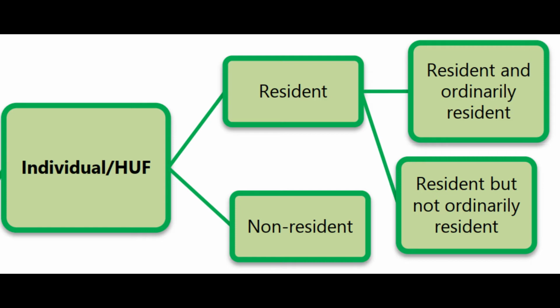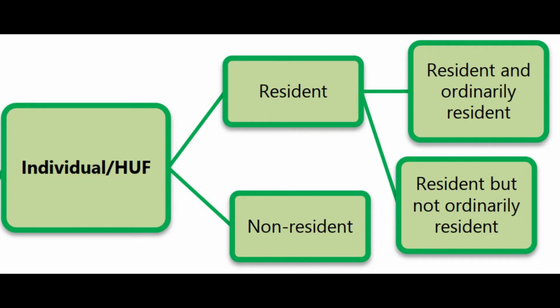Will there be any possibility of something else? Maybe individual, maybe resident, may not be resident. Like that, can we create any residential statuses? Not possible. There are only three residential statuses which are possible according to section 6 of the Income Tax Act. Three means three only. Not any one more is possible. We cannot create anything. Only three things are possible as a residential status for an individual or HUF: